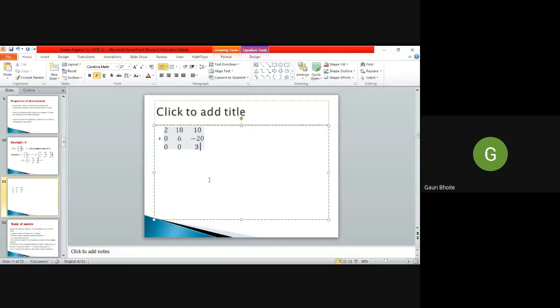So even if a 4 by 4 matrix is given, or 5 by 5, but it is a triangular matrix, you just have to calculate the product. So understand the question. Here it is 3 by 3, but in the exam it might be 4 by 4 or 5 by 5; if a triangular matrix is given, you can easily calculate the product of diagonal elements, and the product of diagonal elements is nothing but the determinant of the given matrix.